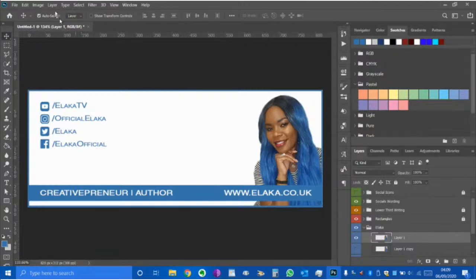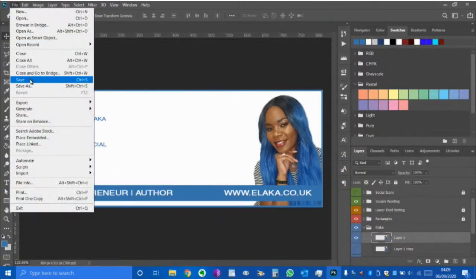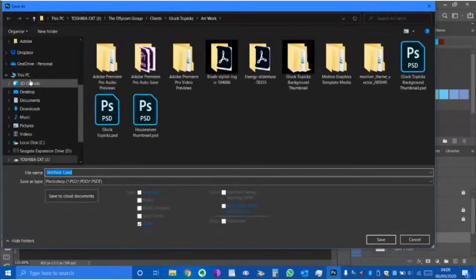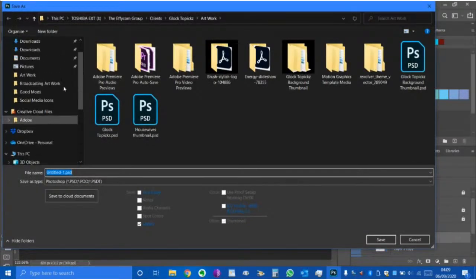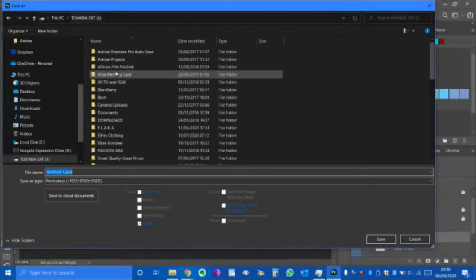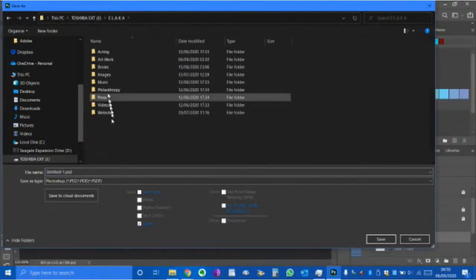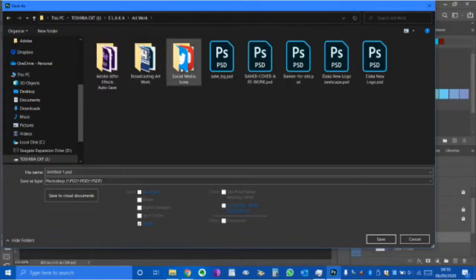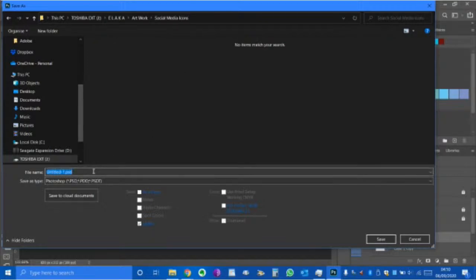And so now I'm actually going to save this file really quickly, because bear in mind, remember, this is the Facebook. This is the Facebook. Okay, this is not the folder that we are looking for. Let's go to Alaka. This is the Facebook cover. Social media. Might as well come in here then. Okay, Facebook